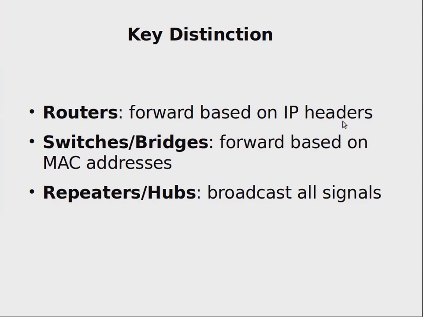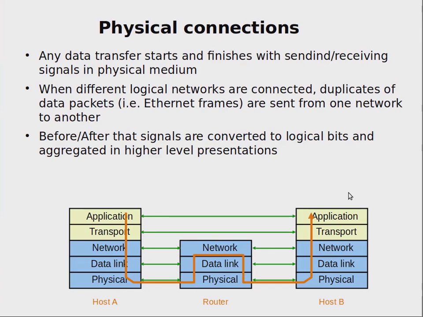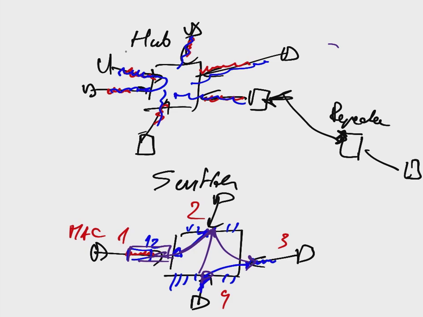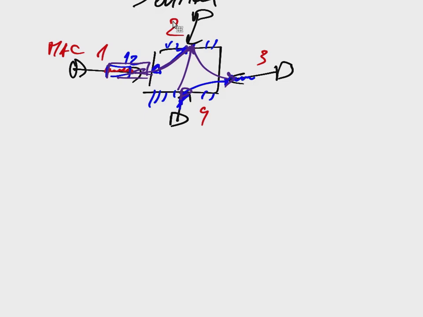And then the talk is about routers. Routers are even more complicated devices, because a hub does not care about the actual data sent at all, because it is just an electrical connection, a proper electrical connection between several devices. A switch has some internal complexity because it actually reads data about source and destination MAC addresses of these Ethernet frames. But routers are more complicated.